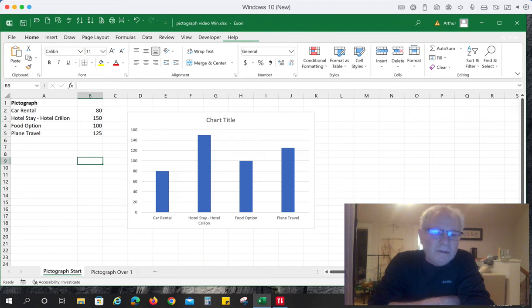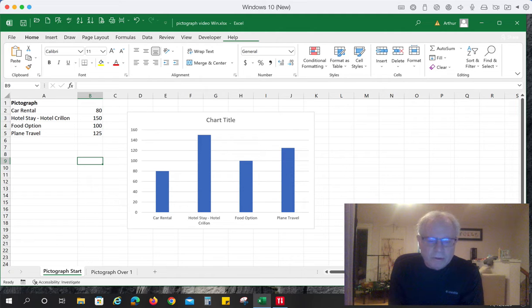Greetings. This is a short video to show you how to create a pictograph in both Excel for Windows and Excel for Mac. Using either program, the steps and process is relatively similar. There's just one major difference if you're using Excel for Mac as opposed to Excel for Windows. So I'm going to start out with showing you how to create a pictograph in Excel for Windows, and